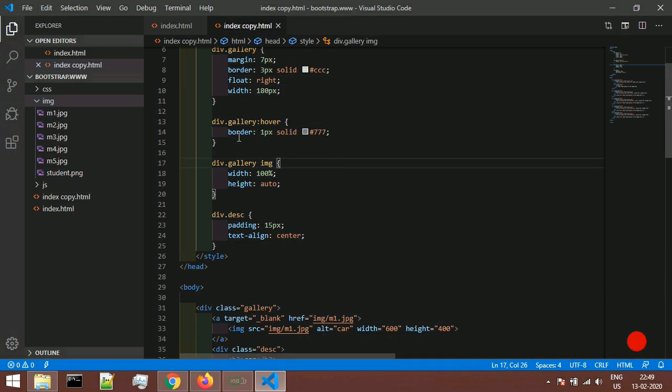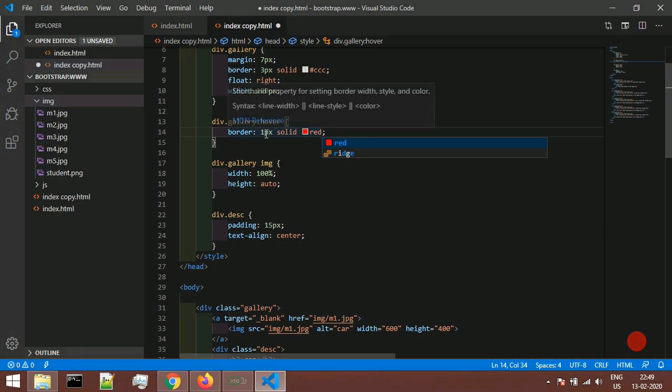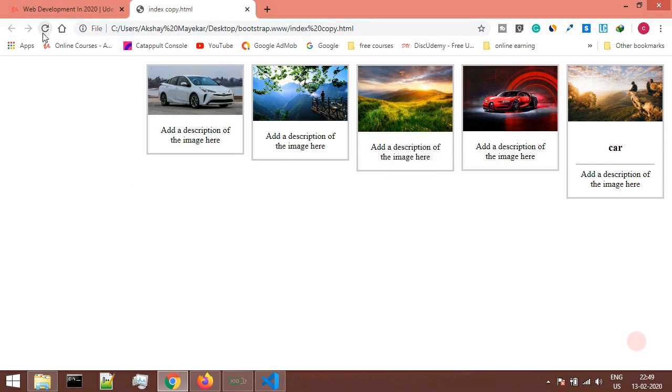Now let me show you how these things are working. If I turn my border to red color, and if I want to change the width of the border to 5 pixels when I take my mouse over it, then I could do that. If I save this code and refresh my page, now when I take the cursor on this division, it will change its border width and color. Now it can be seen it has changed its color and width as well. So this is how these properties are applied.